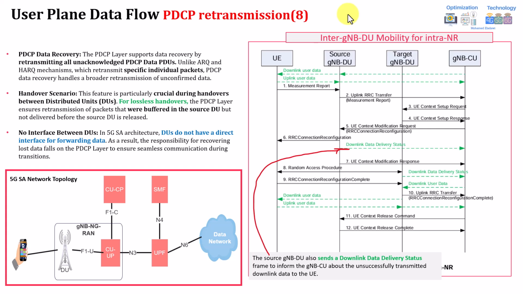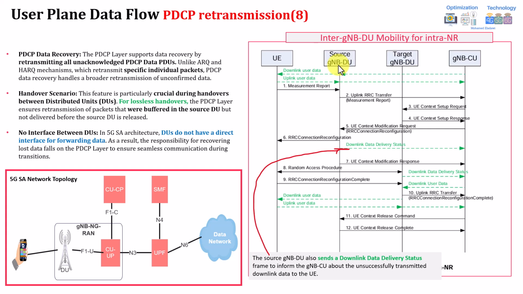But PDCP is not doing this. PDCP is completely different, and the PDCP retransmission is only happening in one case, okay? This case is during the handover. Assume that your PDCP is already established, your data is being received at the PDCP, meaning that MAC is already flushed, RLC is already established, and all the data is being delivered. But assume that you have moved from the source gNB DU to the target gNB DU, okay? In this case, there will be data in the buffer of the PDCP in the gNB.